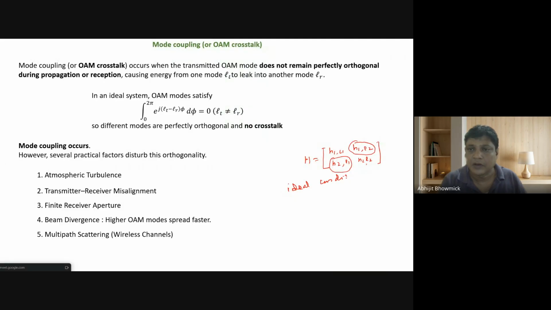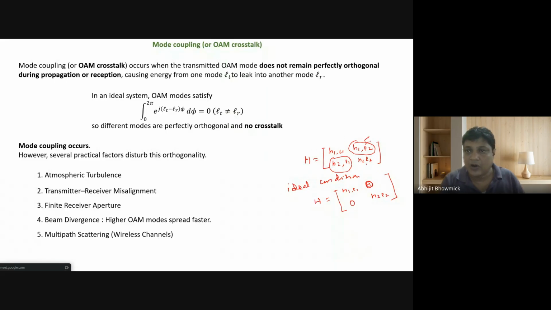In ideal condition, this matrix becomes basically H1, L1, and H1, so that becomes zero. This becomes zero. It is H2, L2. But